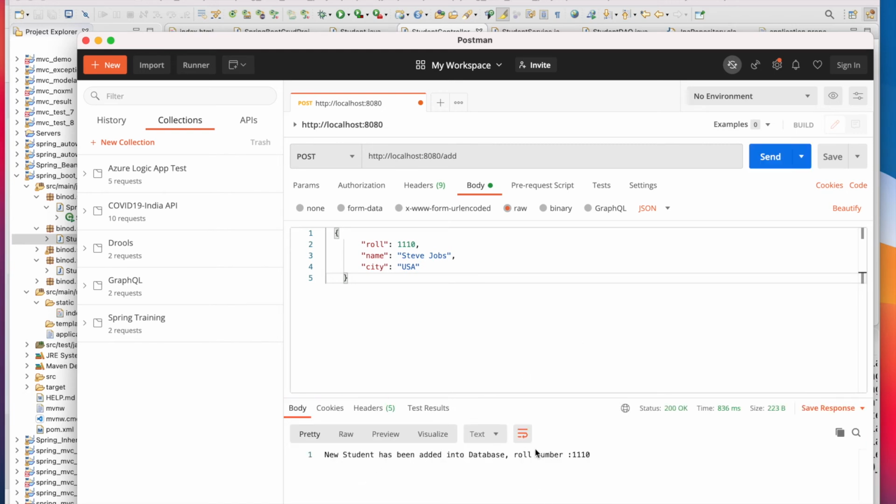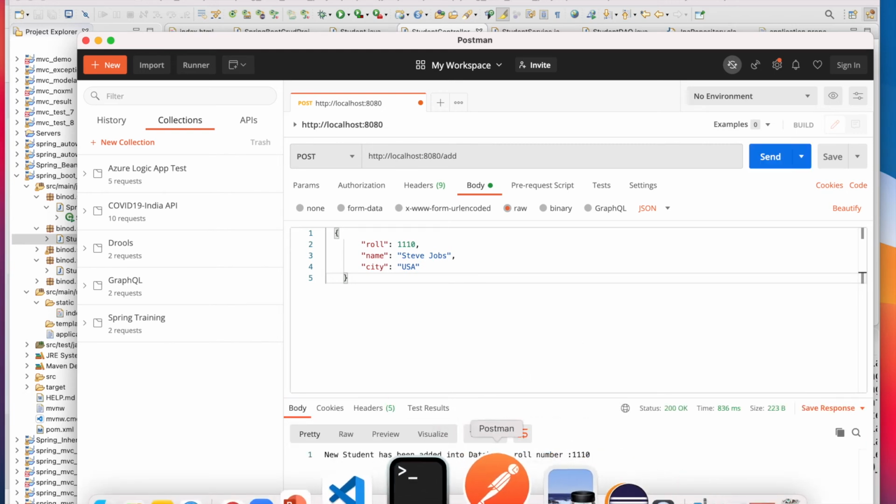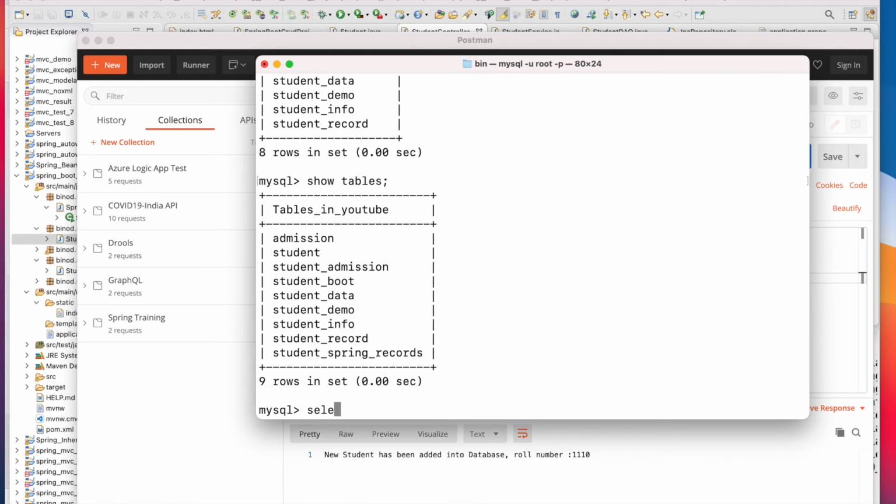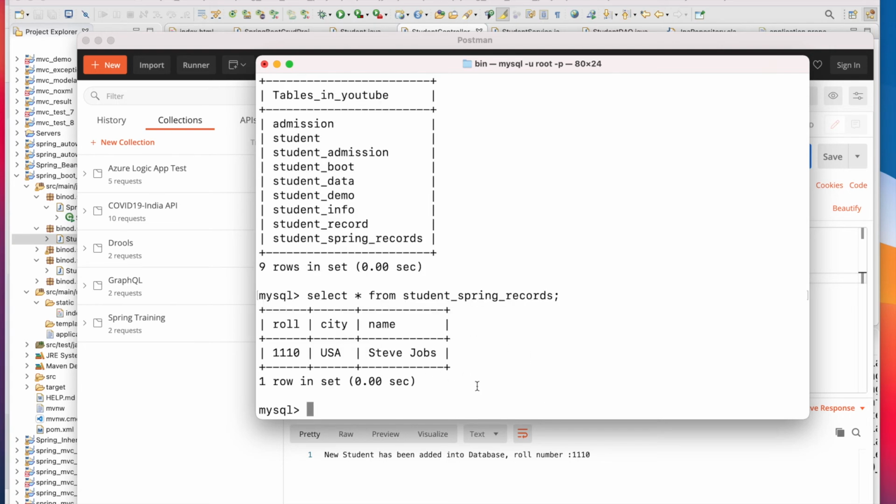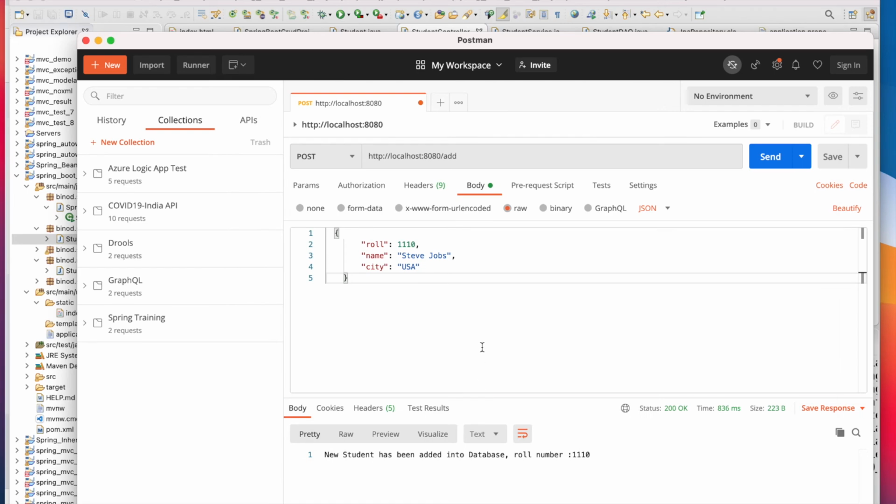It is saying new student has been added. Come to the database and check whether it is added or not in student spring records. Now you can see it is added. Now try to add in bulk.